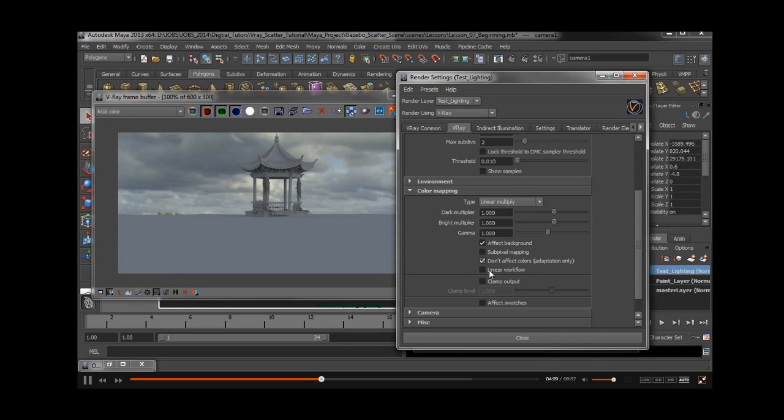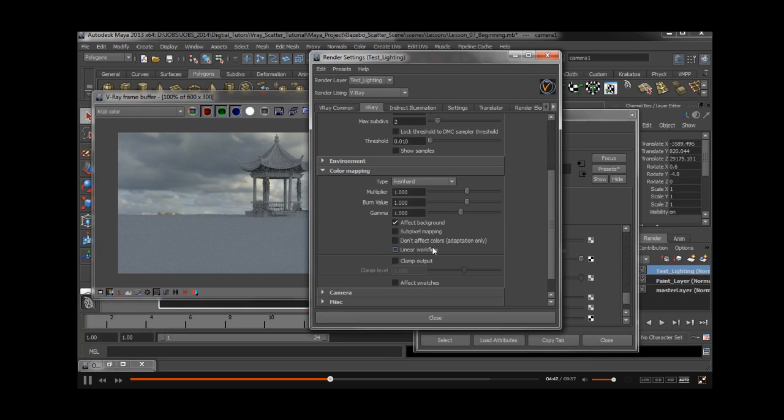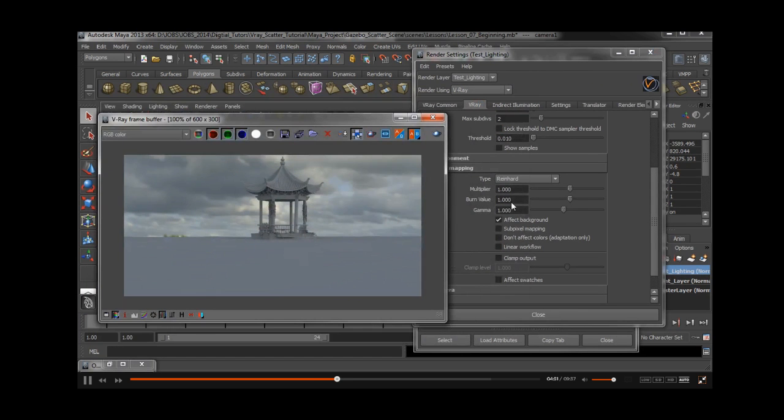So right now, this, as it stands, will be the true linear render. But we are going to break the render, the linear workflow. We're going to change this over to Reinhard because we want to take a look at something here. So we're not going to affect the colors. We'll be okay to have it gamma embedded in the render. And we're going to just look at this burn value,